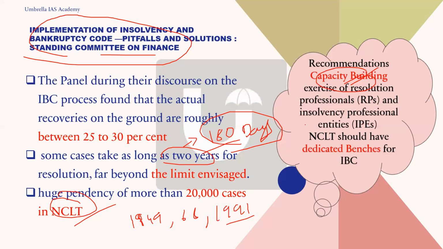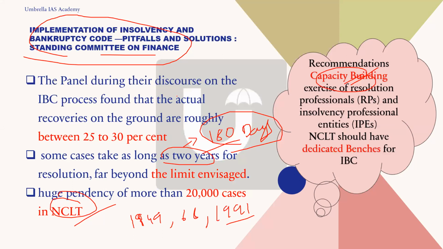Capacity building actually is a very common word and it's a very good word as well. So wherever required, you can say that capacity building is the most important thing, which is lacking in most of the things, and that has to be done first. So be it grievance redressal or be it this bankruptcy code and all, you can use this word.